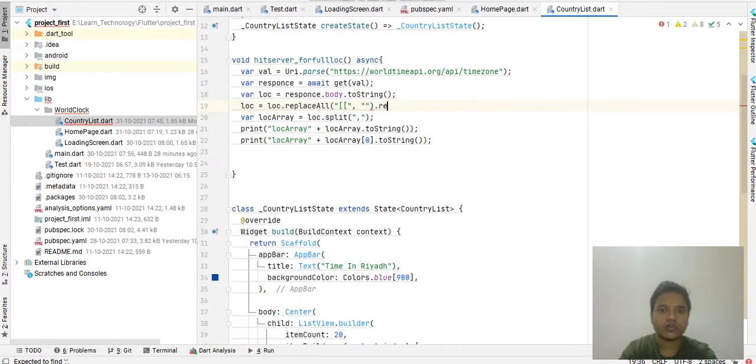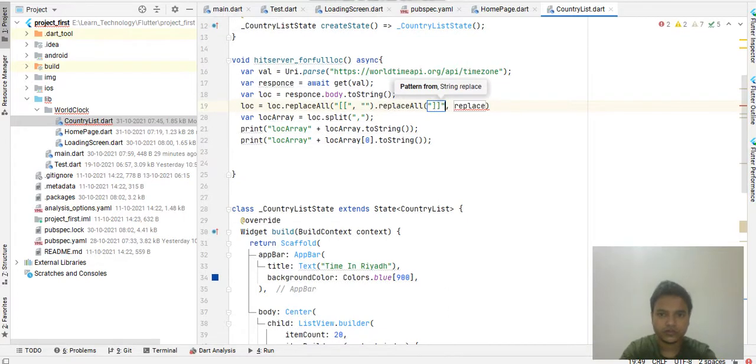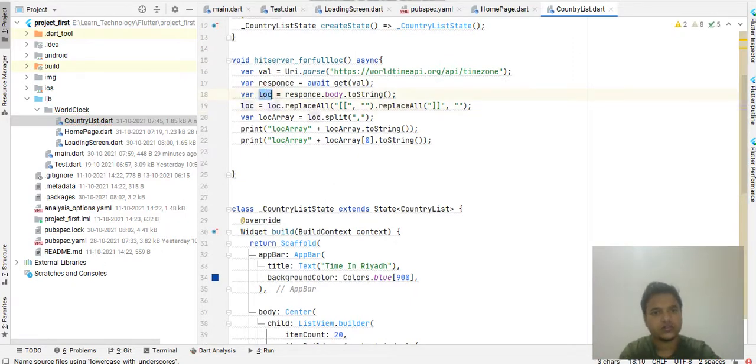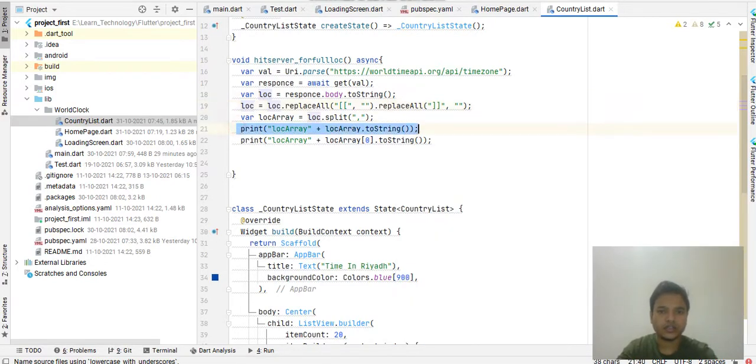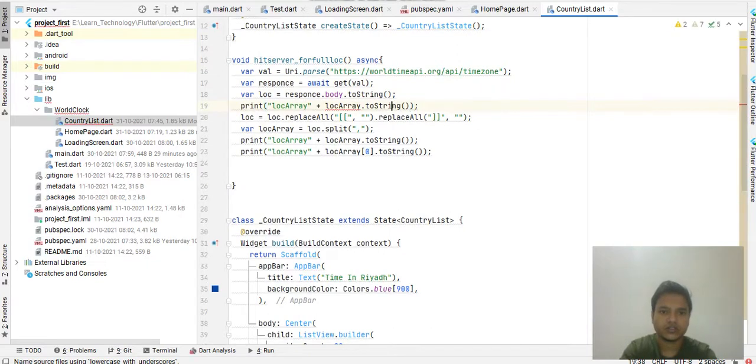We have to change one more time because there's another bracket present as well. And now we have to print the location again. I'm printing it two times.